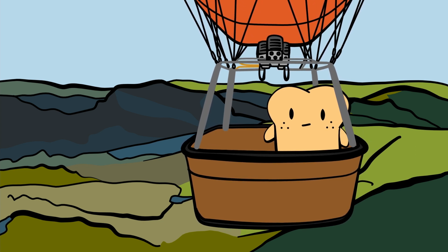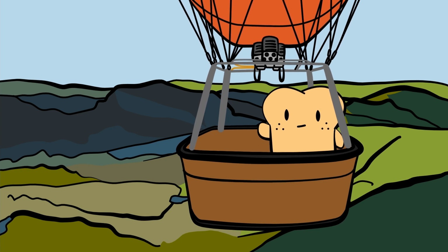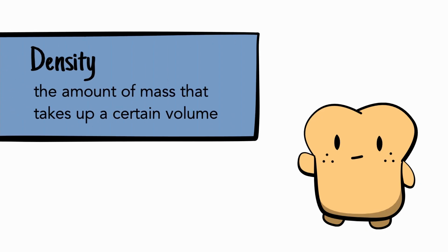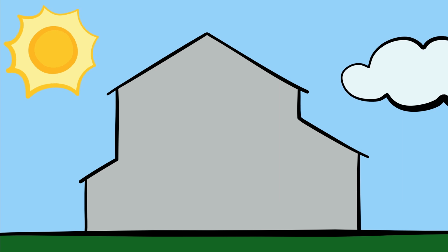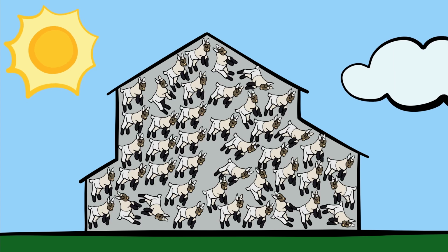We can almost think of density as a combination of weight and volume. Density is the amount of mass that takes up a certain volume. It's how much stuff can fit into a certain space. If we place one kid in a room, that room is not very dense, not much stuff in that space. But if we cram 50 kids into that room, the density increased because there's so much more stuff in the